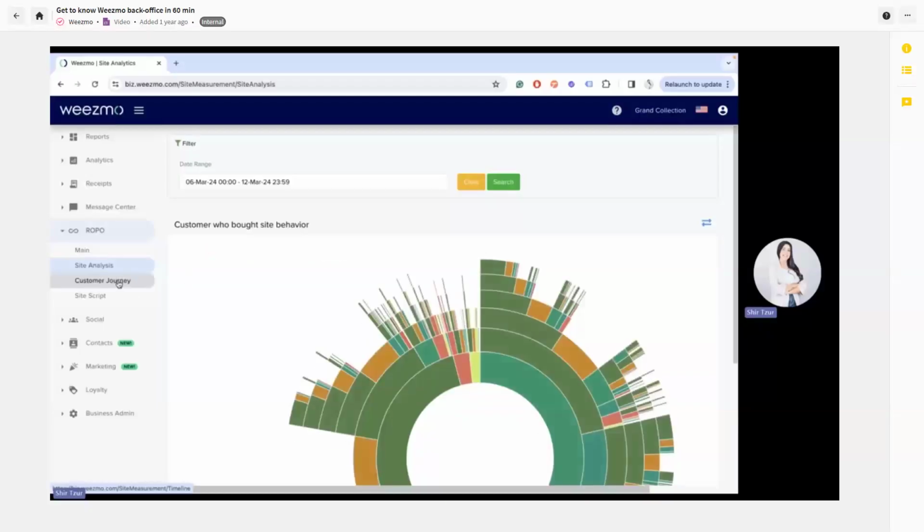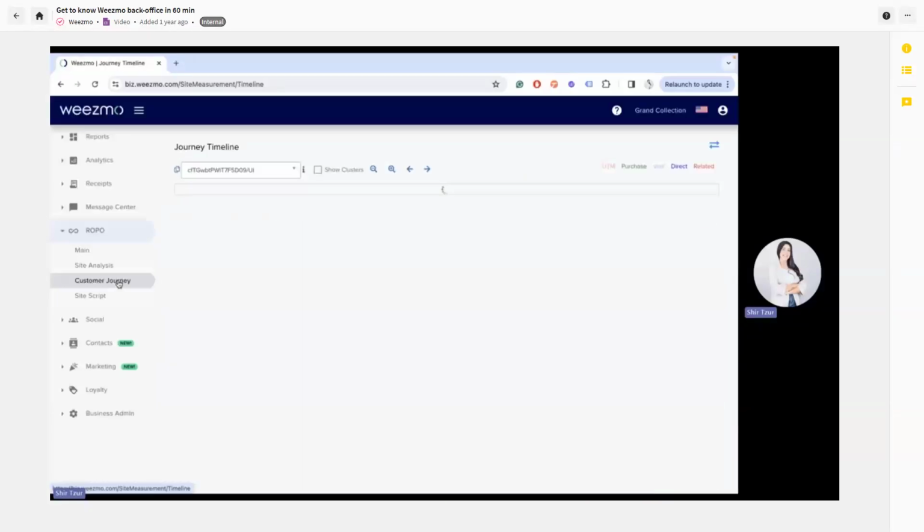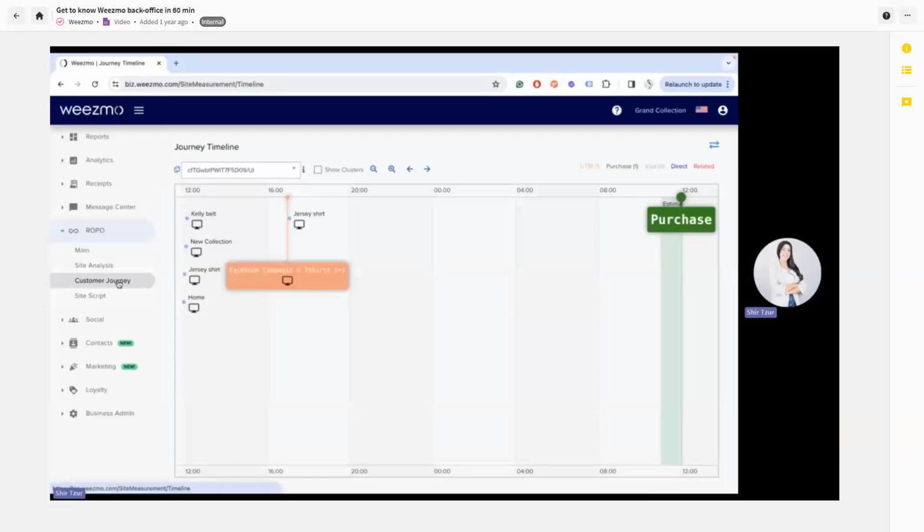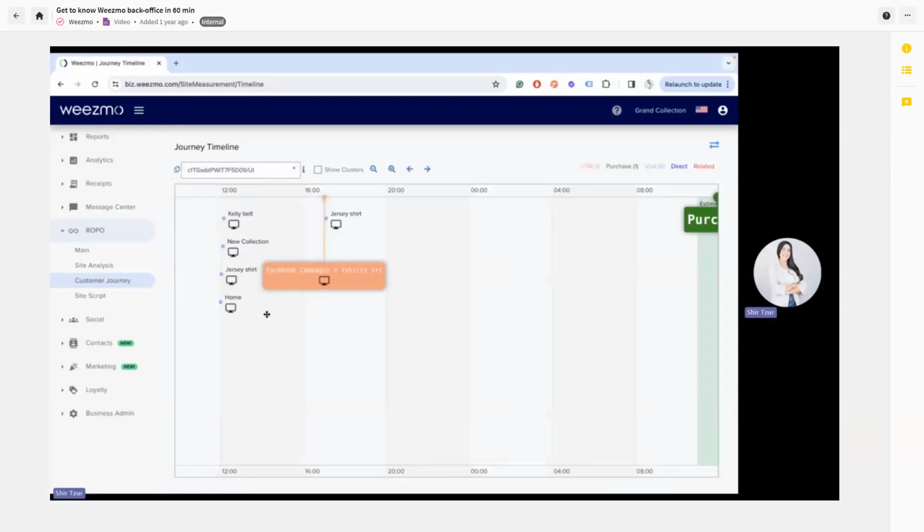If you want to drill down a little bit more, we'll move to the customer journey, and not just seeing a flow of all the customers, but seeing the flow of a specific customer. So all we have to do is choose a customer. In a real business, you will have a lot of different customers here. And then we can see what this customer saw before